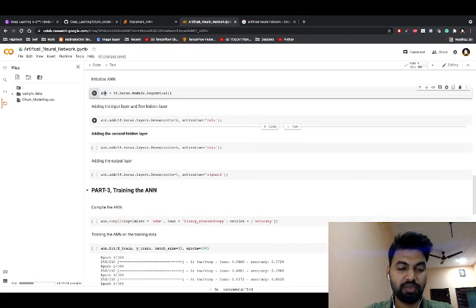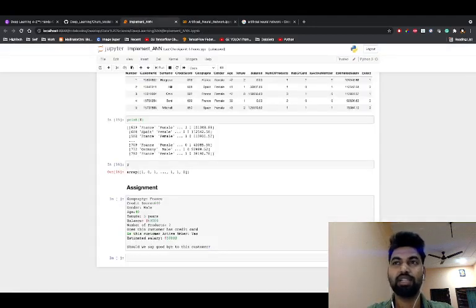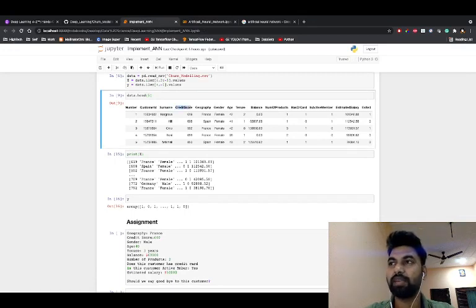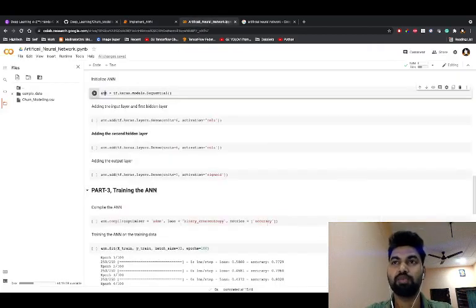So guys, first of all, we need to understand how many layers we need to add. So in the data set, if you go here, you will see we started from the credit score, right? Credit score up to the last one, estimated salary. So these are the input features which we need to create, right? And the last one, Exited, this is the Y column, that we will predict. So let me go to my Colab notebook again.